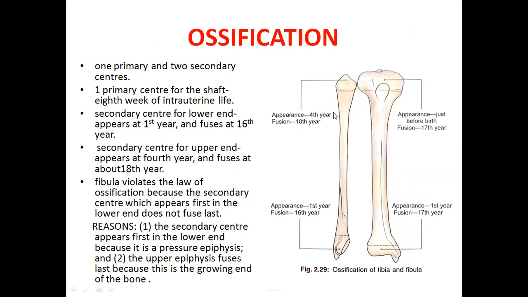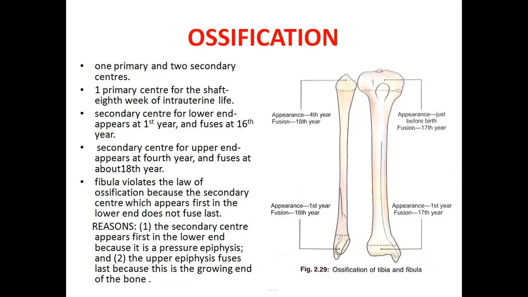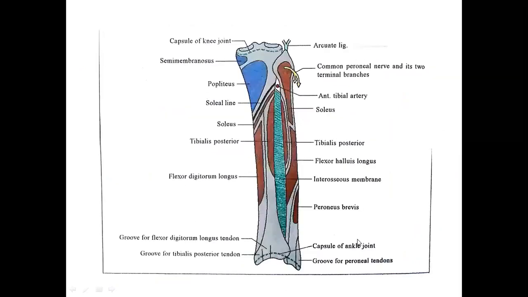Now, the presenting parts, I'm just taking the help of this picture because it's good here. Okay. See here, it has upper end, shaft, and lower end. Okay. Now, most of the times, actually I don't have fibula with me, otherwise at least I should have shown you something. Now we should depend upon this only better.